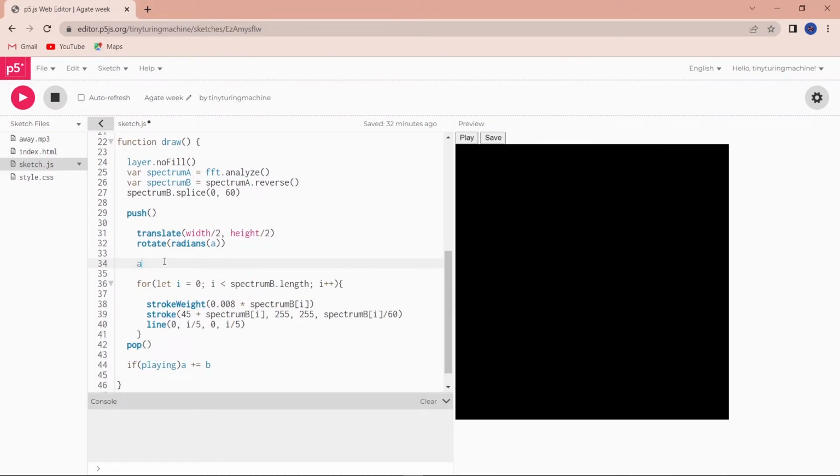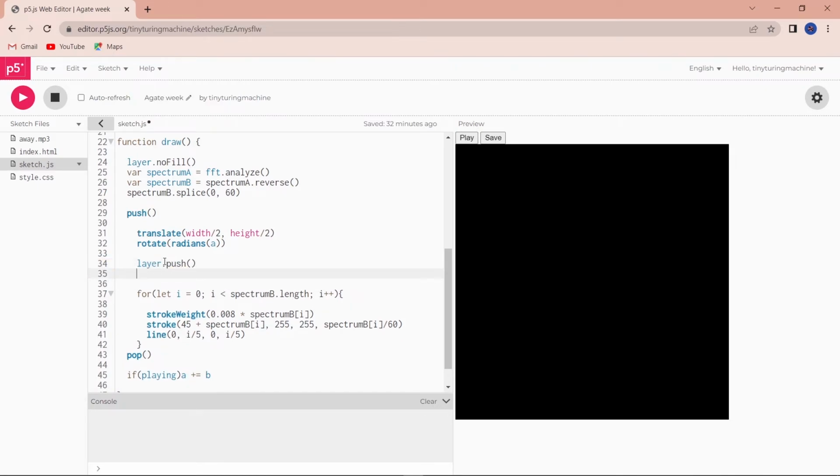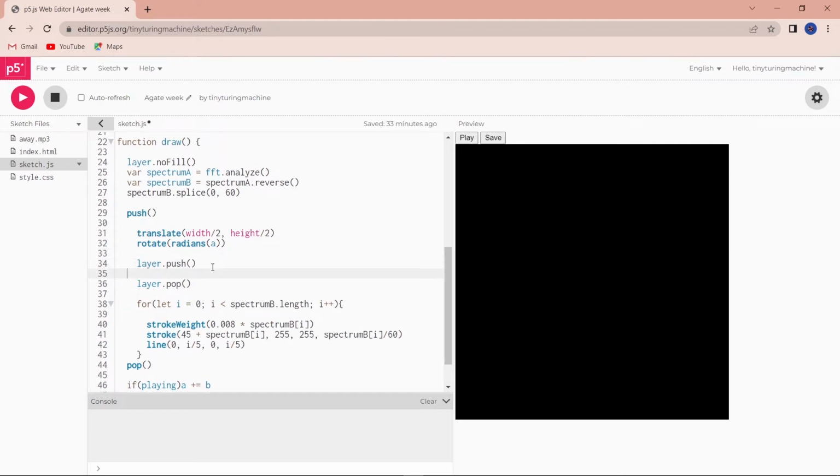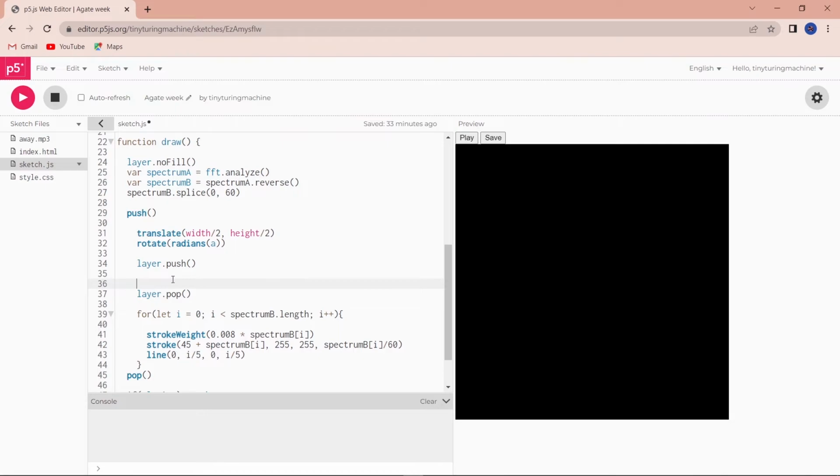So we'll just say layer.push and layer.pop. So now within this layer.push and pop, we again have to translate it because we need a center and a rotation center. So we'll copy this,